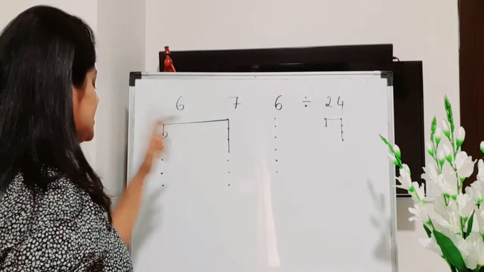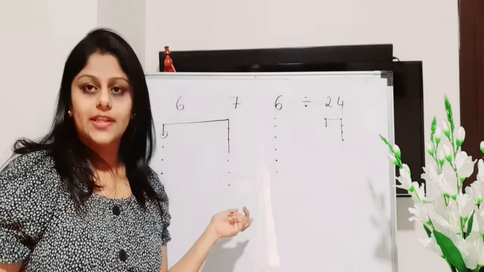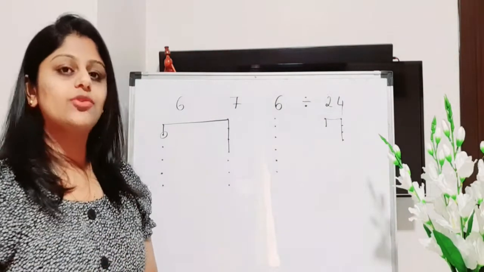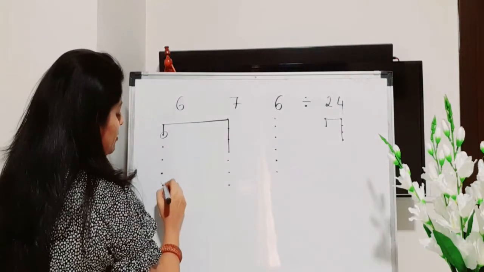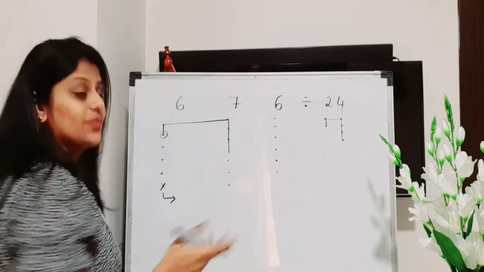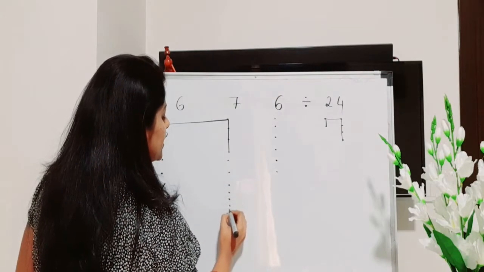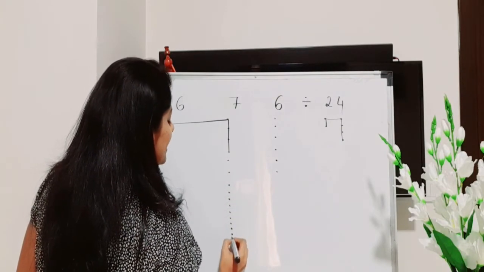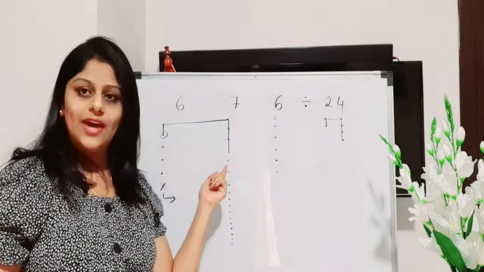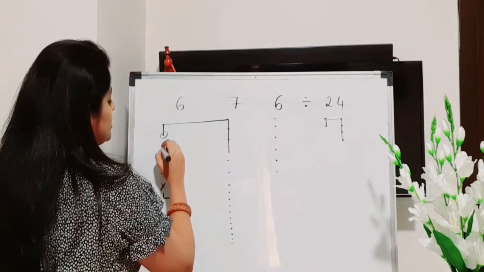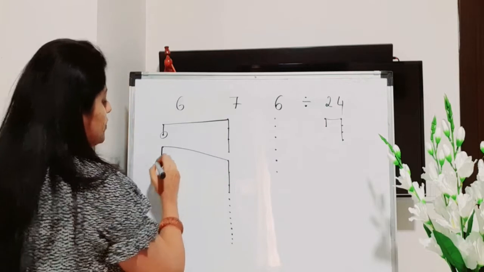Now let's check for the second group. In the first column, yes, we have 2 dots, but do we have 4 dots in the second column? No, we don't have. So in that case, what did we learn? That is, we have to shift 1 dot to this. So whenever 1 dot is shifted to the next column, 1 dot will represent how many dots? 10 dots, correct? So we'll draw 10 dots here. 1, 2, 3, 4, 5, 6, 7, 8, 9 and 10. Now you can check. Yes, we have 2 dots here and we have 4 dots here. So 2 dots here and 1, 2, 3, 4 dots here. So second grouping is also over.